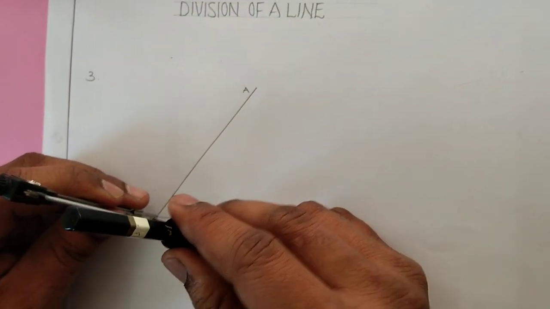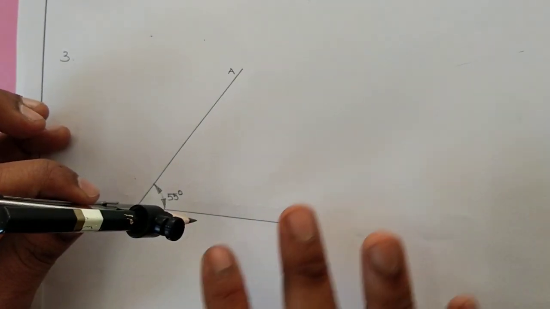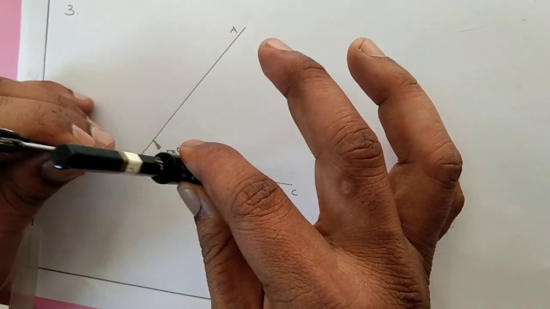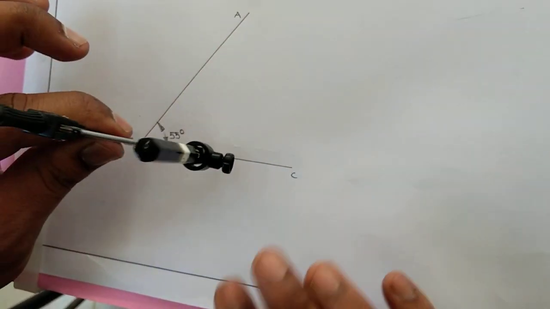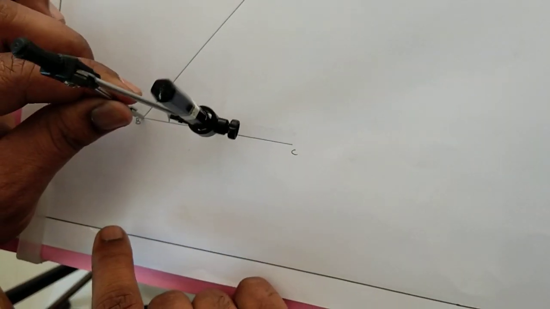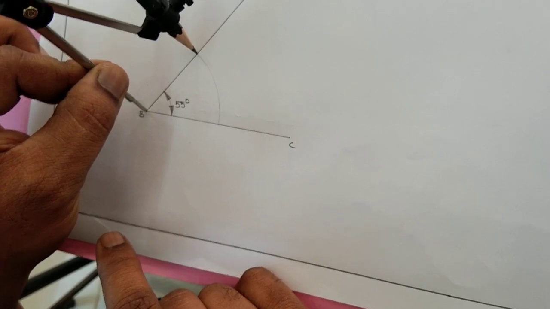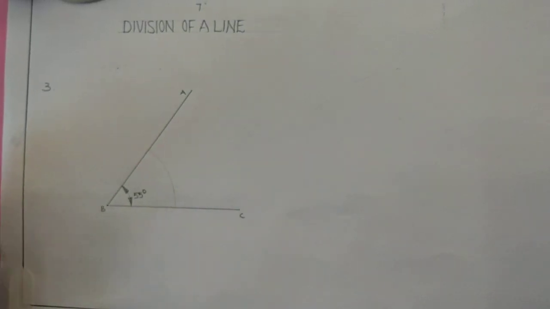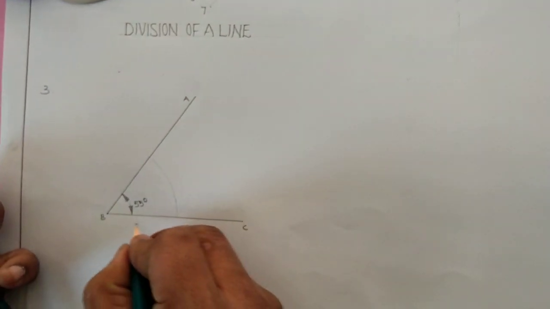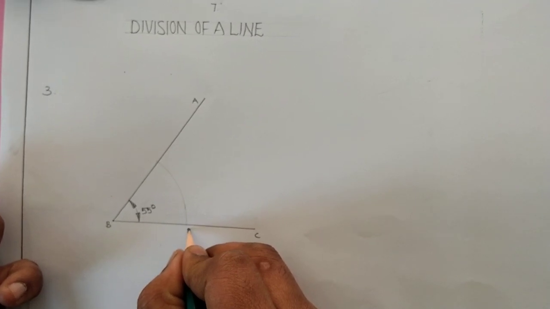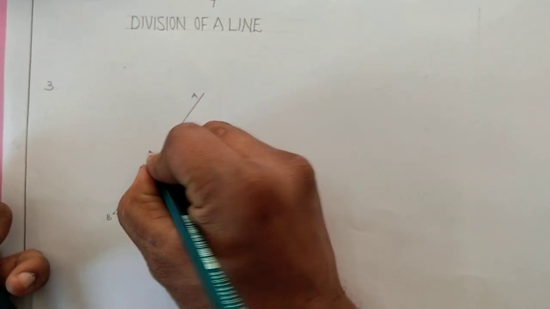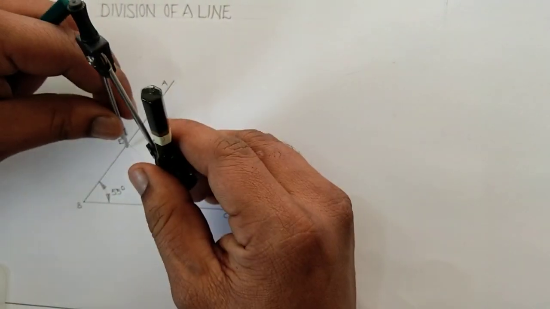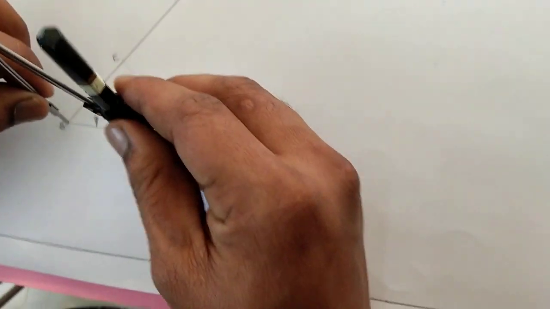Next we are going to take any radius. We are going to divide this 55 degrees into two equal parts. For that step, we can take any dimension as radius, with point B as center, and draw the arc in this way. Once we complete this arc, we can give the naming at the points. On BC we can give D. Similarly on AB we can give E. That naming is your wish.